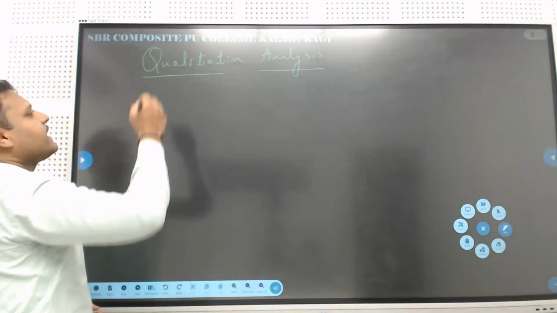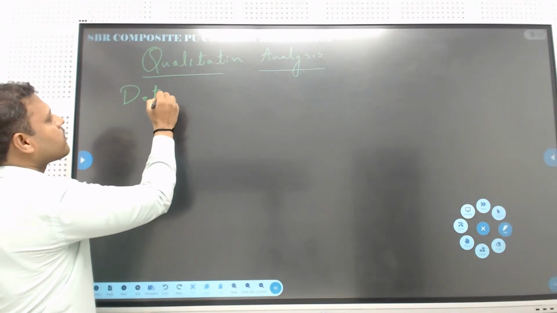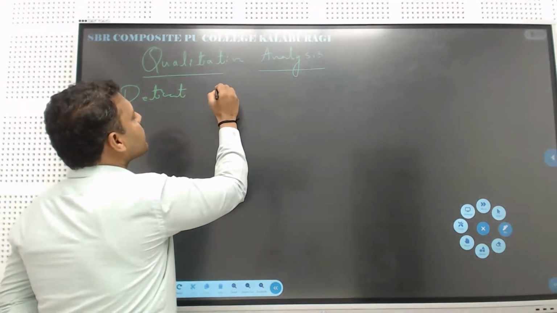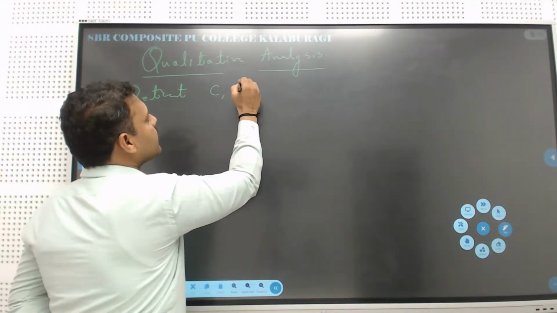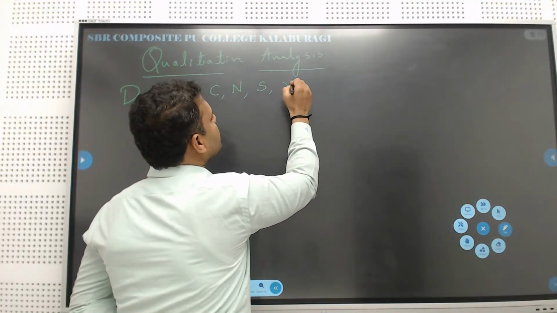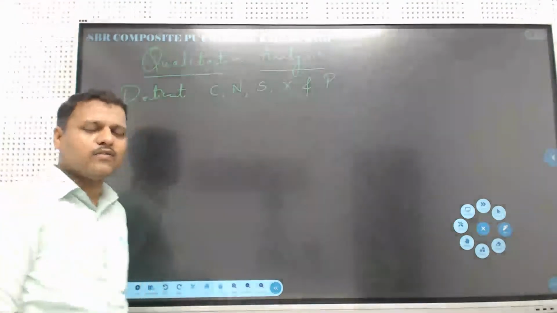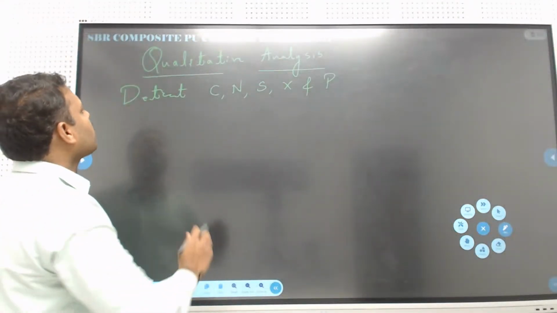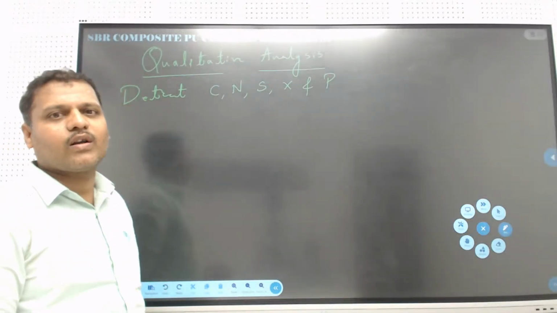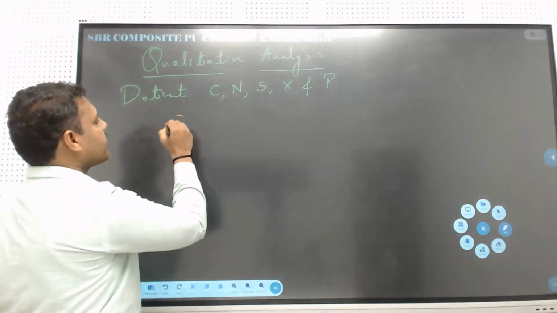Now in case of qualitative analysis, we are going to detect the presence of carbon, nitrogen, sulfur, halogen, and phosphorus. So in order to detect the carbon presence in the organic compound, a carbon containing compound is taken